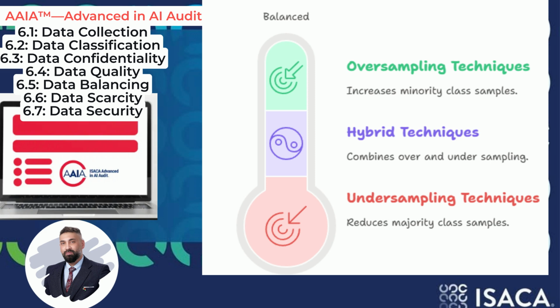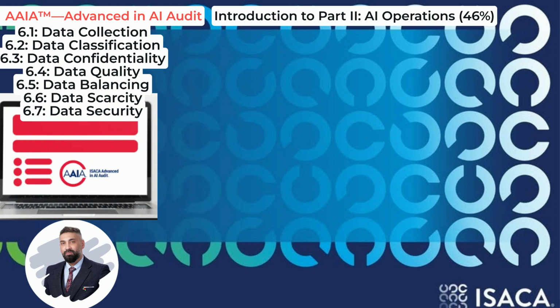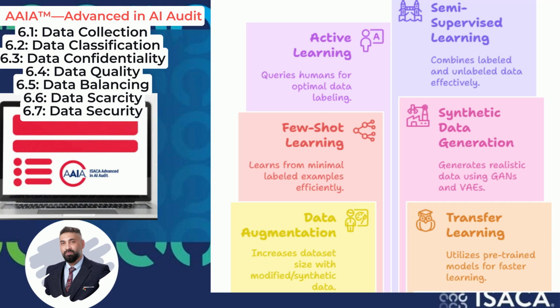Evaluate with appropriate metrics. Standard accuracy can be misleading. Use metrics like precision, recall, F1 score, area under the ROC curve, AUC, or precision-recall AUC, especially for the minority class. Be mindful of overfitting and underfitting. Oversampling can sometimes lead to overfitting on the minority class, while undersampling can lead to losing important information from the majority class. Consider the cost of misclassification. If the cost of misclassifying minority instances is very high, this should influence your choice of technique and evaluation.